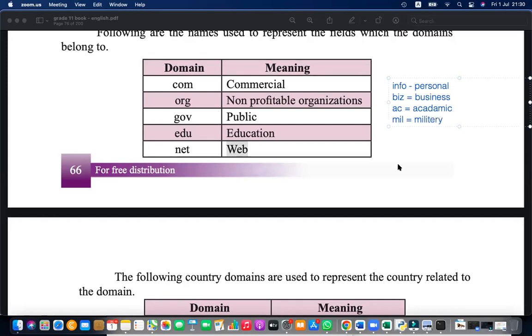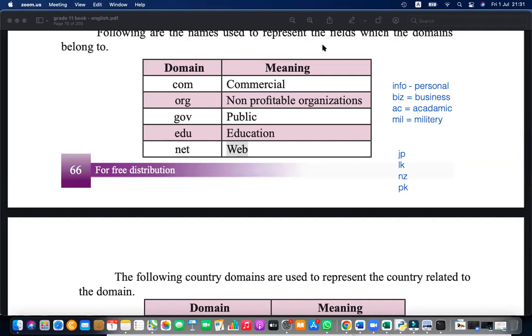These are called top level domains, and they can be country specific. So countries like Japan have the JP domain, Sri Lanka has the LK domain, New Zealand the NZ domain, and let's say Pakistan the PK domain. These are generic, but these are country specific. Anyway, both are top level. Right, so if you want, you can take a snapshot.